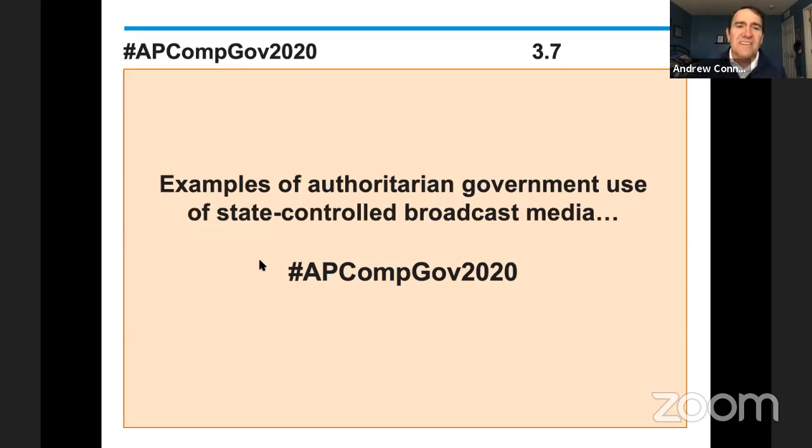So again, if you have examples of authoritarian governmental use of state-controlled broadcast media, feel free to put the examples out at hashtag